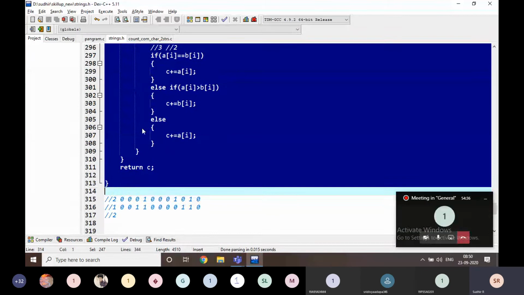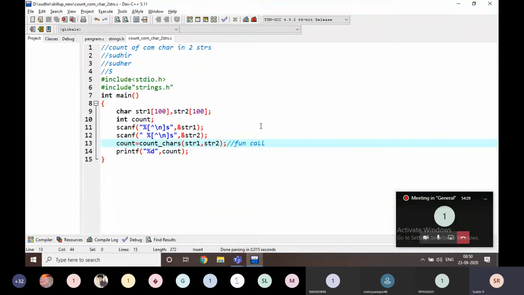Finished, right? Then note down the main program.